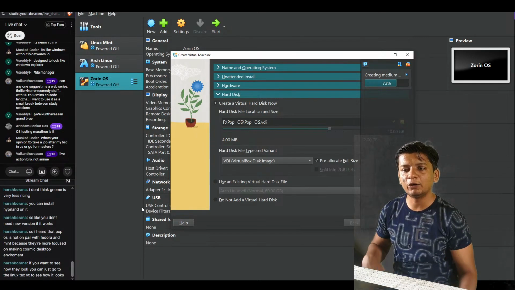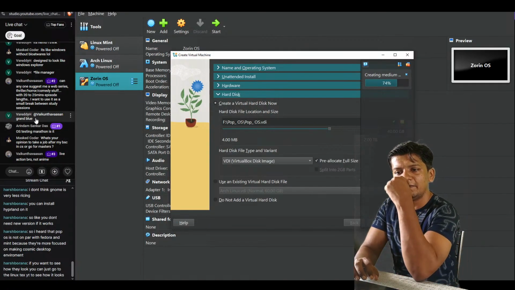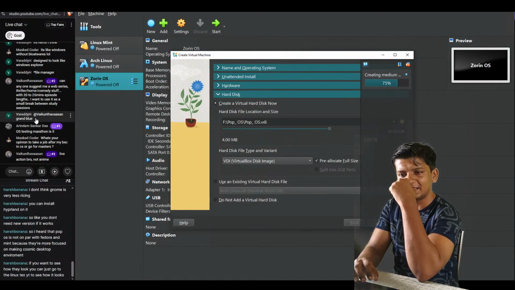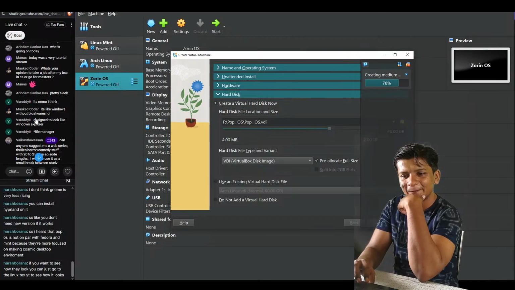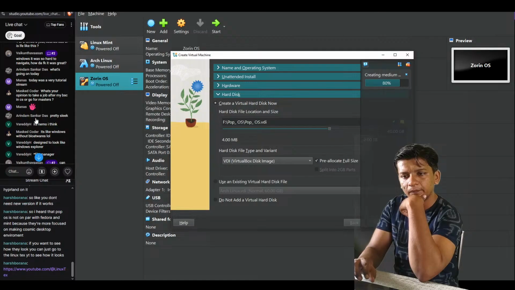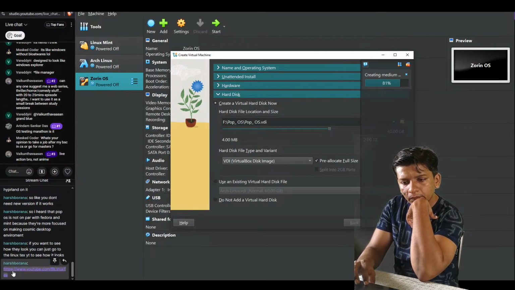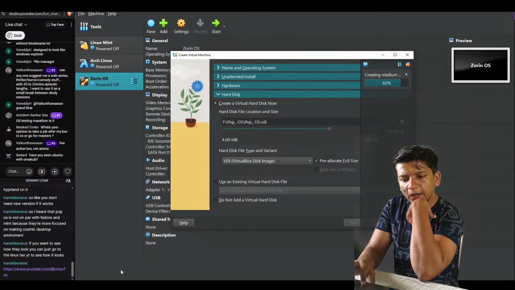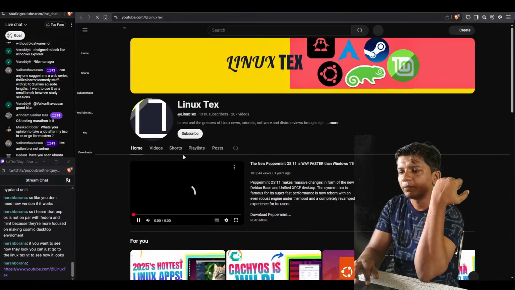It's like Windows without bloatware. Yeah. File manager. Can anyone suggest me a web series, thriller, action, horror, comedy stuff with 20 to 25 minutes episode length? I want to use it as a small break between study sessions. Pretty sleek. Hey Manas. If you want to see how they look, you can just go to Linux Tech's YouTube to see how it works, how it looks. I can, but